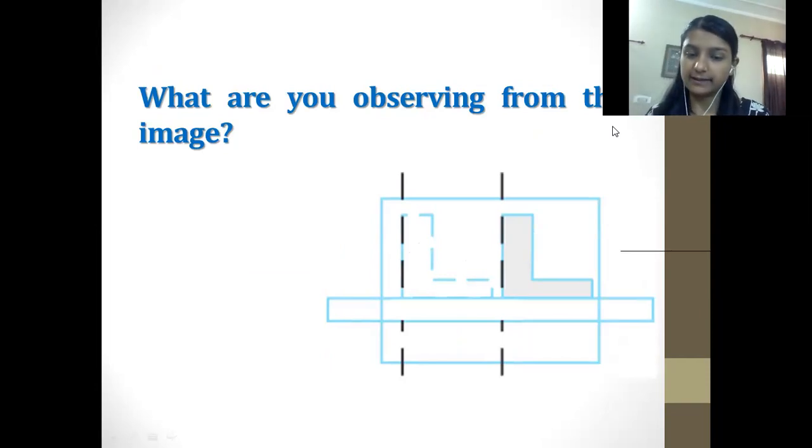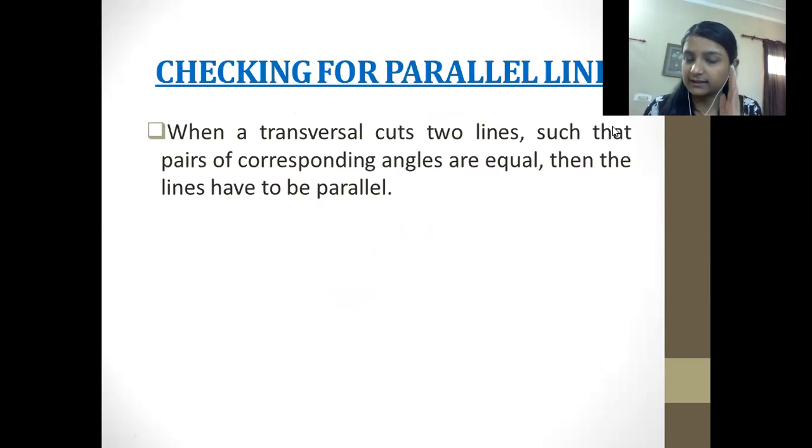That this dotted line is a kind of structure, we could say an architectural structure for some building, where you can notice the dotted lines here. Yes, you can observe the transversal here. So this is how we can check whether these two lines are parallel or not. This is what we're going to do next, that is, checking the parallel lines.